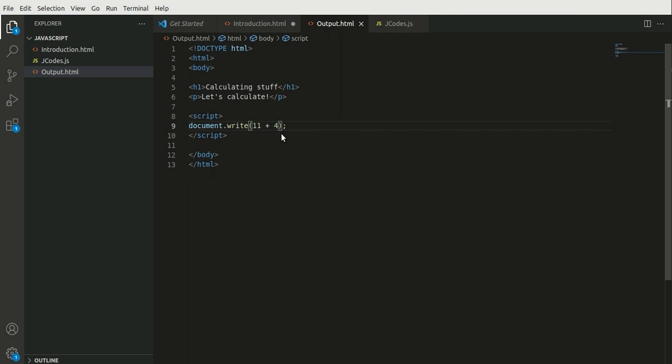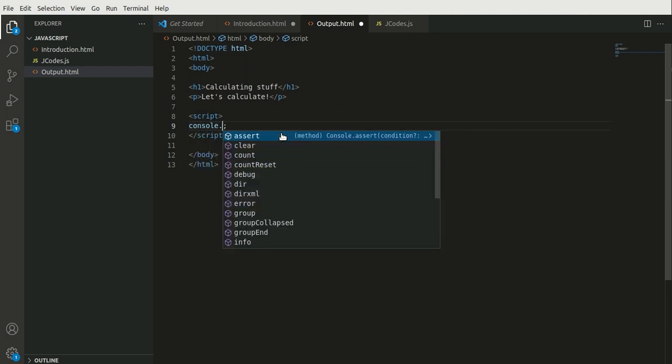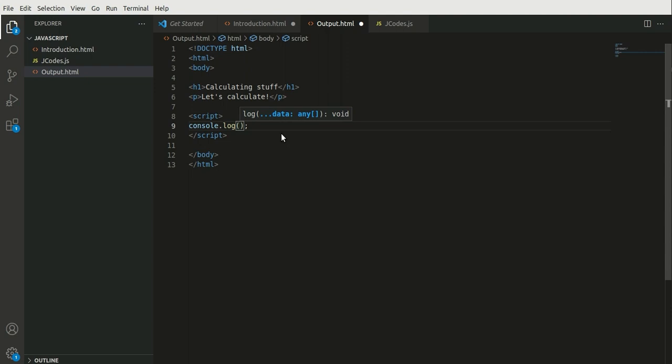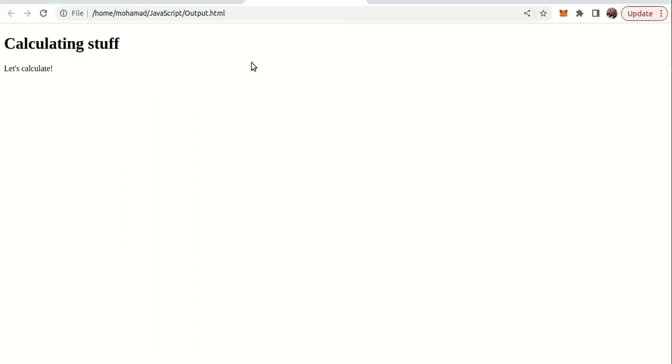However, you can also use another method, which is console.log, and this is one of the most famous ones among JavaScript developers. So console.log, and here you can write 11 plus 4, and let's see what happens. Let's save the code and open up our HTML document, output.html, and here it won't print out 15 for us, but it's really going on,